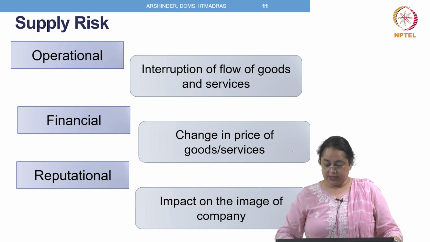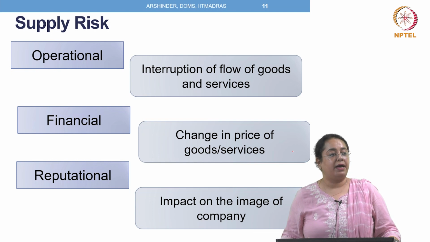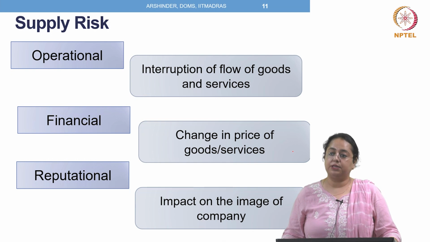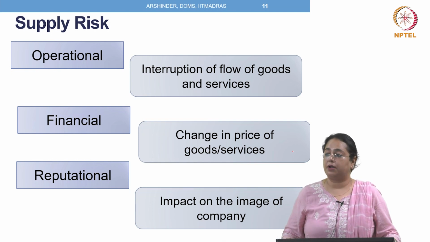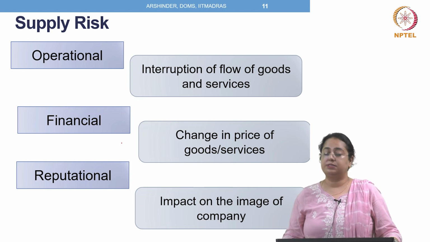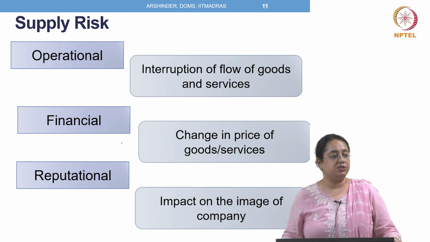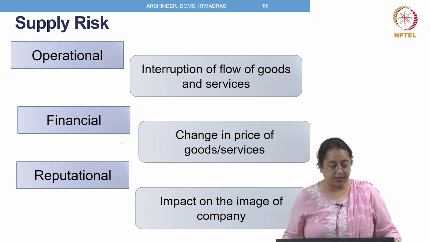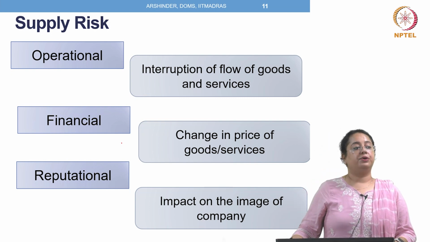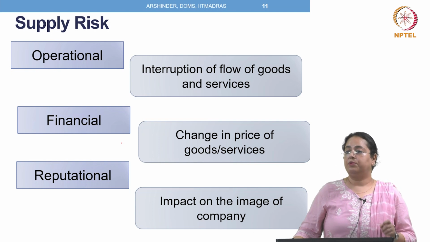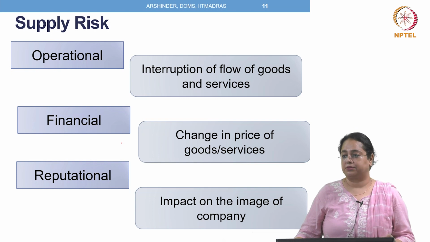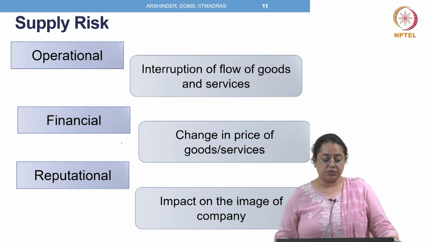But what is this risk? When we say risk management, right, as a supply strategy, one has to take care of operational risk, that is no interruption in flow of goods and services, financial risk, change in prices of goods and services, have the right hedging strategies to meet currency fluctuations and exchange rates. Reputational risk, we have seen in the last session how the risk and reputation is at stake if we do not have the right suppliers on board. So this is very important.